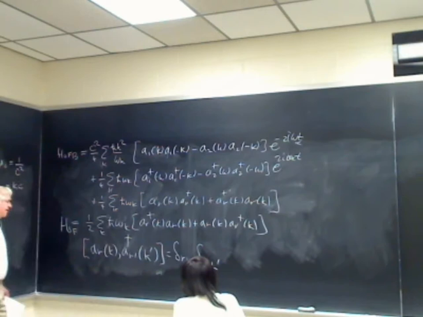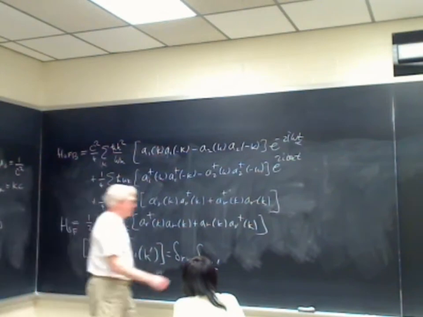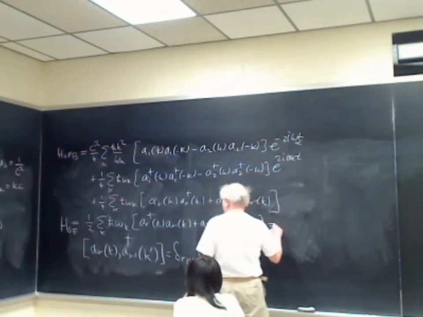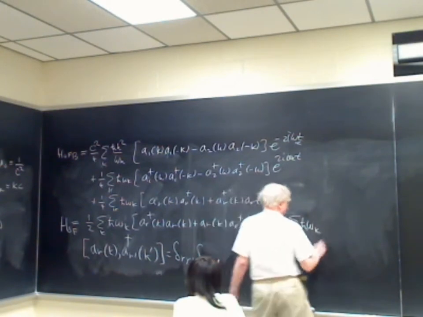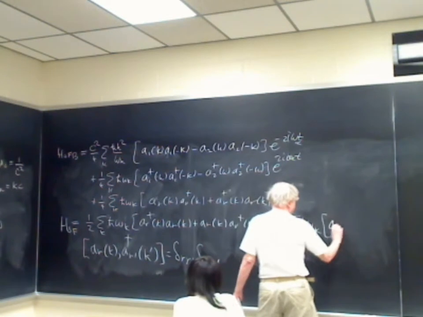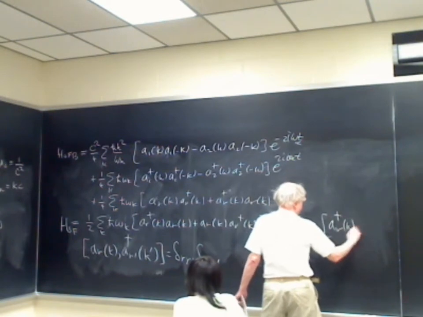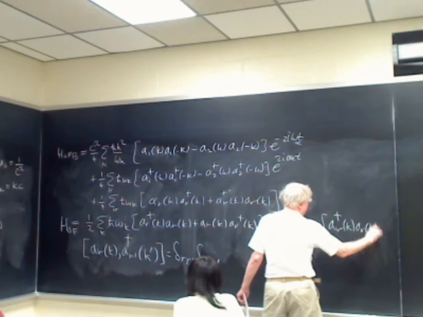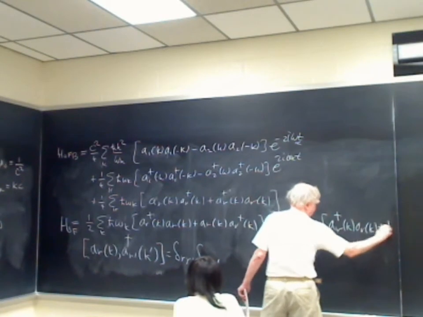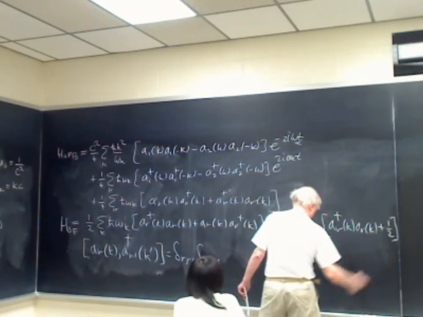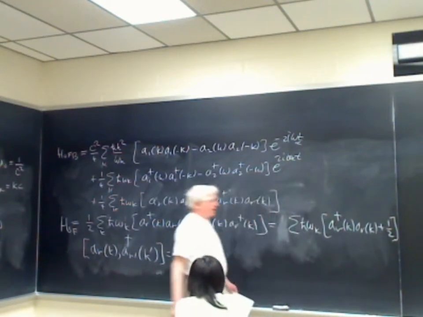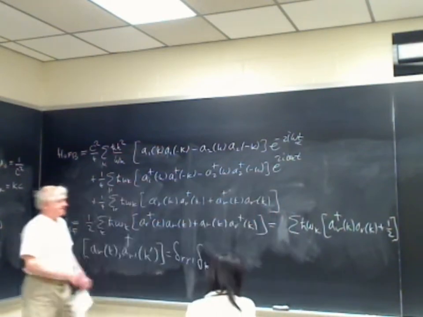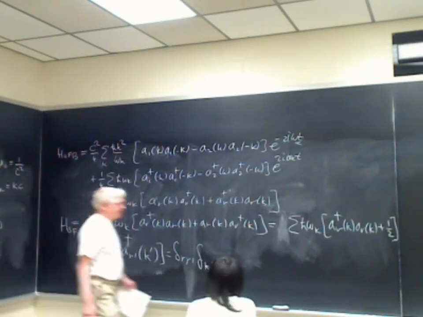So those commutation relations allow us to rewrite this as a half sum h bar omega k times a sub r dagger of k, a sub r of k, plus a half, and of course I screwed up this one here. So that's the standard form of the Hamiltonian that we've been using,